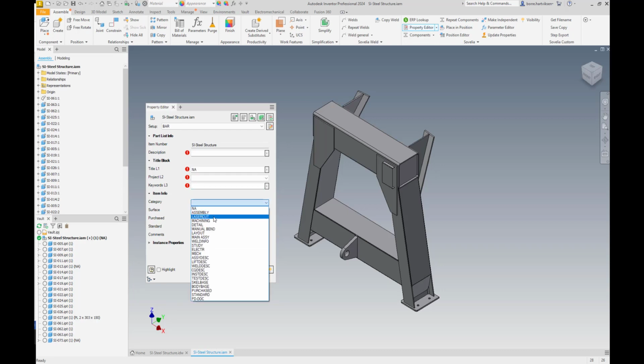I use categorizing, for instance, if a part is a laser cut. When I want to release it, I can ask Sovelia Vault, if a part is categorized as laser cut, well, then I will create a DXF laser cut file for it. If it's a machining, well, I want to create a step file for it. So it can be used all the way up to